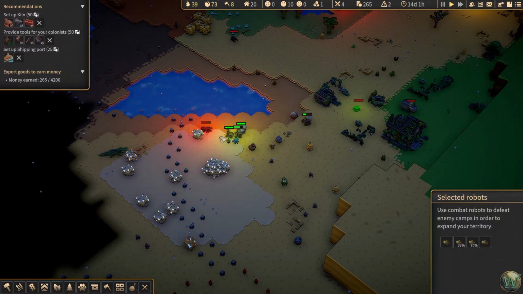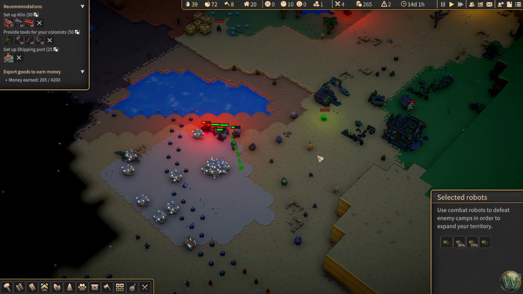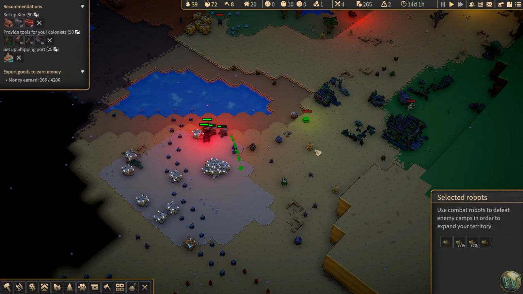If you're gonna go that way, go that way. Is that like a... Oh, it's a scarab. Interesting. Go ahead and pick off that last spider there. Or that... Not the last spider, I suppose, probably, but...